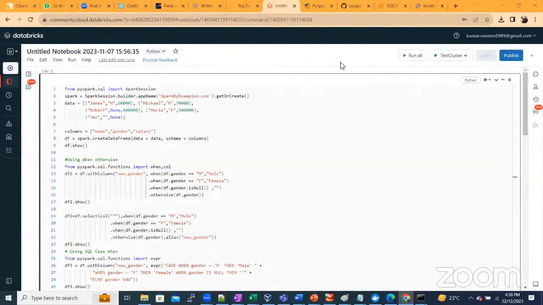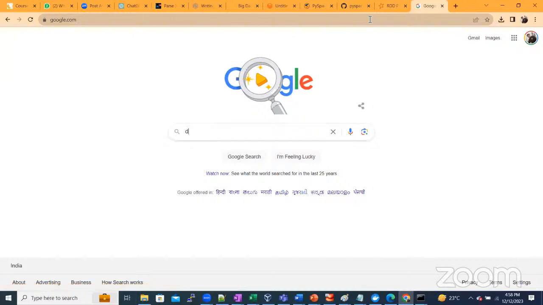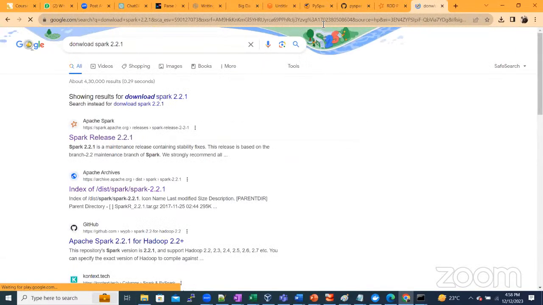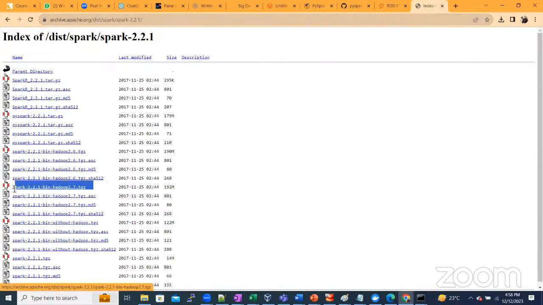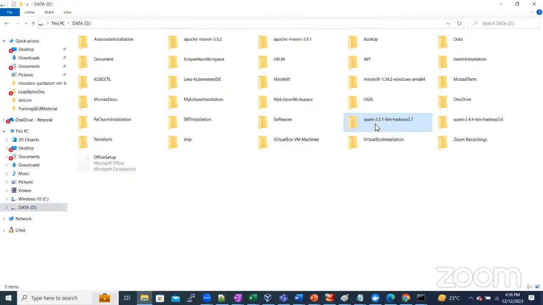Will you show us how to download Spark 2 on Windows? Okay, so download Spark from here. Download Spark, second link, and here this one, Spark 2.2.1. Click on it. It will be downloaded. After it's downloaded, just place the software in any drive. So here I have placed it. After placing it, just open